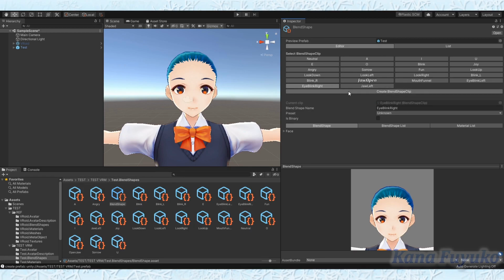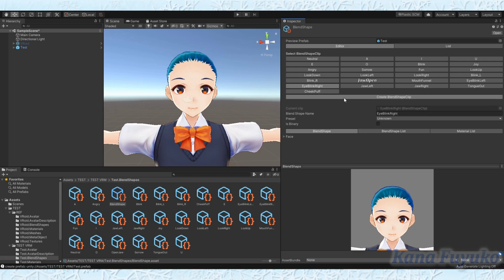Jaw left, and then jaw right. And yes, you have to type all of this manually, just like what I'm doing right here. And like I said, this may not be fun, but this is what we have to do. So yeah, mouth pucker. So yeah, but what I'm going to do, I will actually say before I jump cut, so you can see the full blend shapes in their full glory,